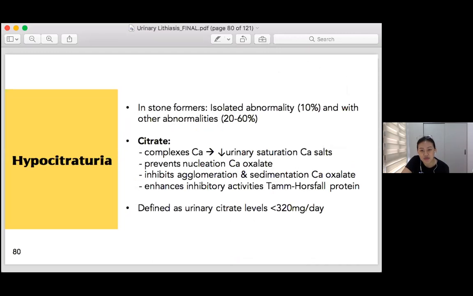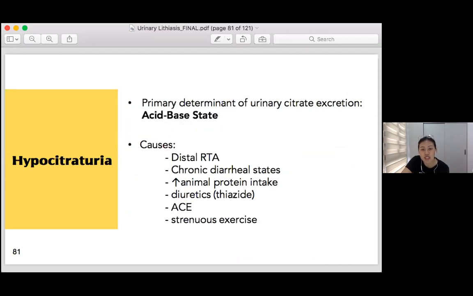Hypocitraturia is an important correctable abnormality that is associated with nephrolithiasis, and this is because citrate is an important inhibitor, as was mentioned earlier, that can reduce calcium stone formation by complexing with calcium, inhibiting agglomeration, and protein. So hypocitraturia is defined as urinary citrate less than 320 milligrams per day. The primary